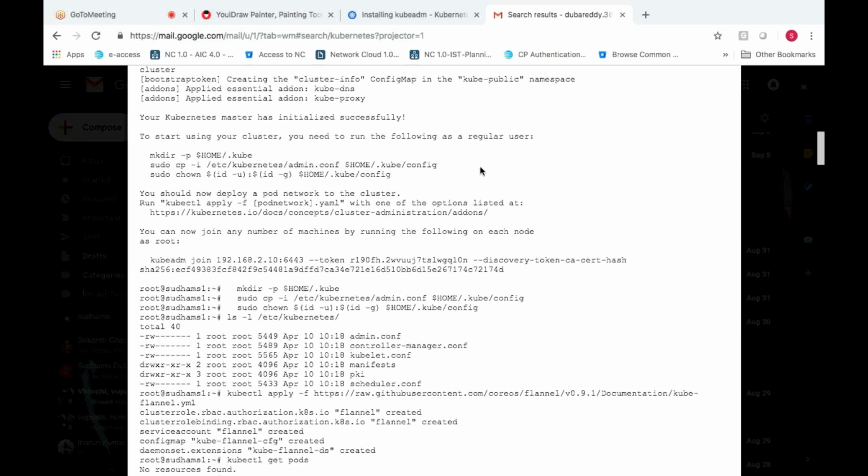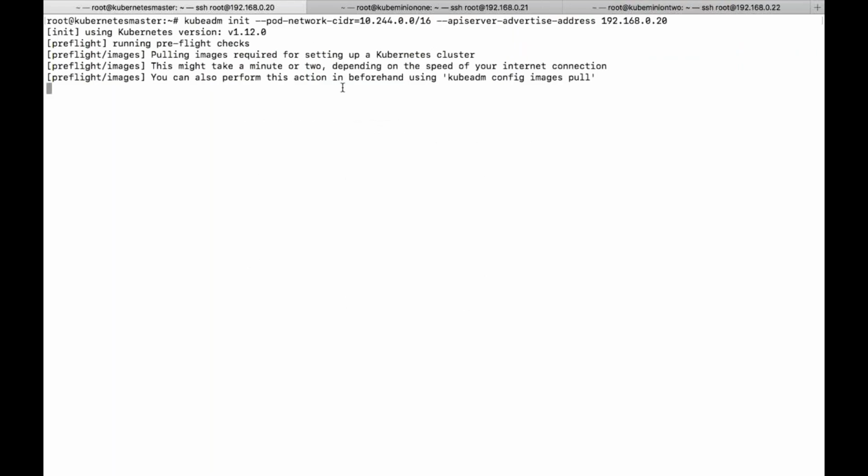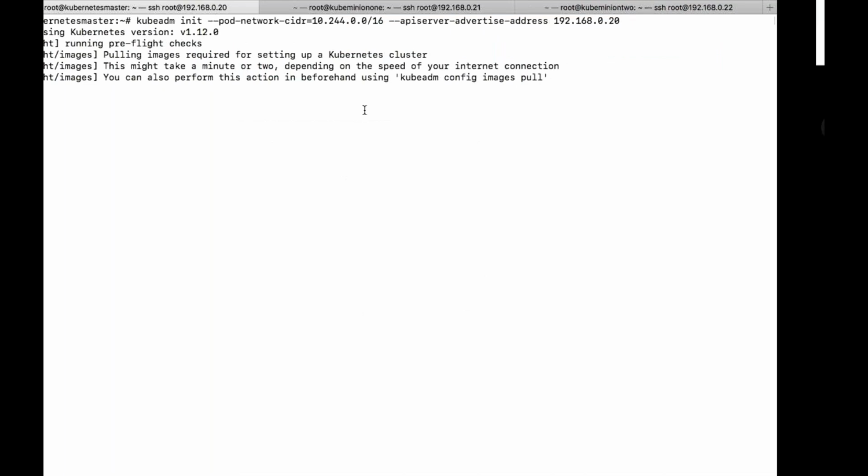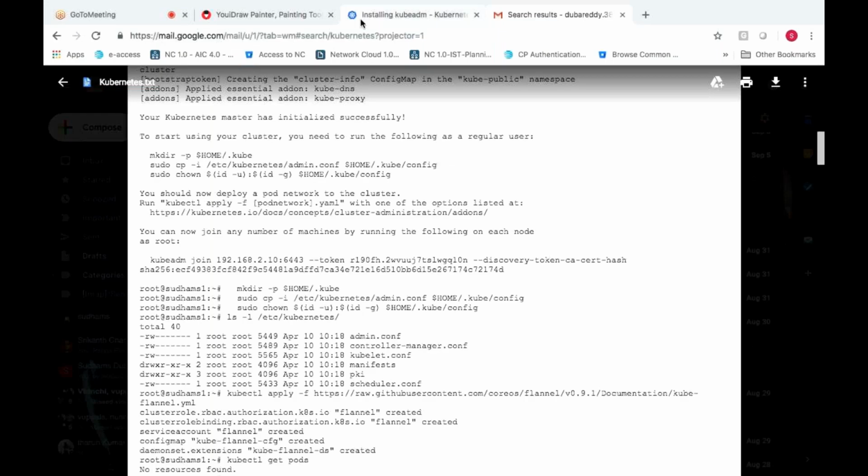Bootstrapping means this particular node is converting into a master. For that it is pulling the required images and the YAML files. That is what it is trying to do. Let's see.